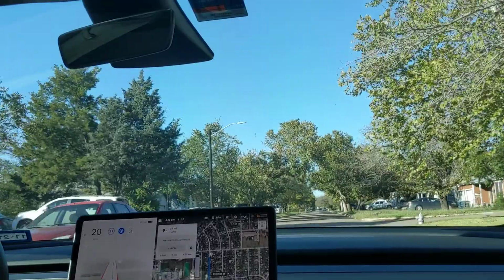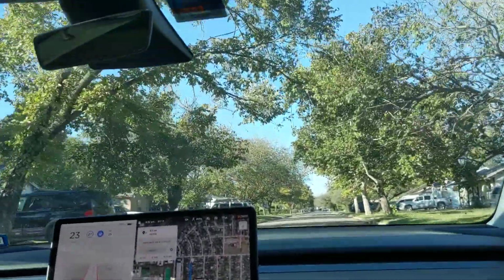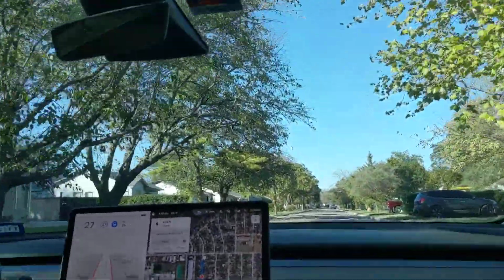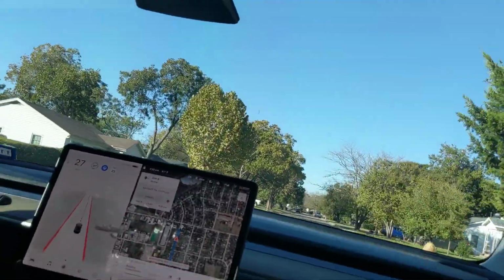Like, one thing about autopilot, it tends to kind of run in the middle of the lane. So I'm turning my speed up. So in the middle of the road, with unmarked roads, it stays center in the lane, and that's not exactly ideal driving behavior. So we'll see if